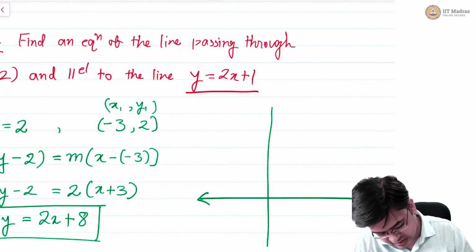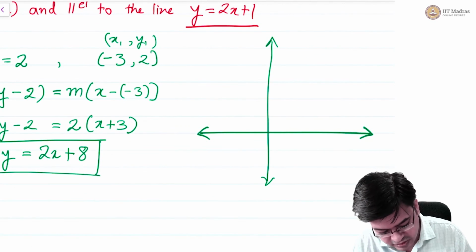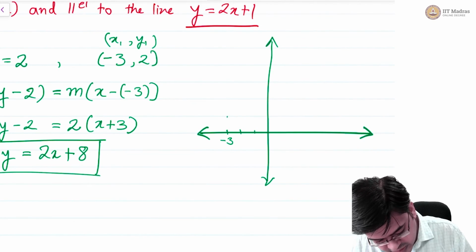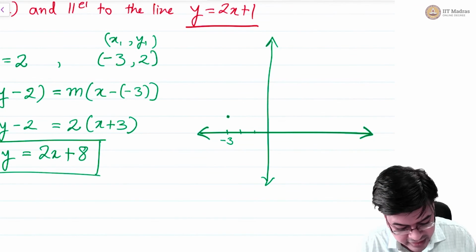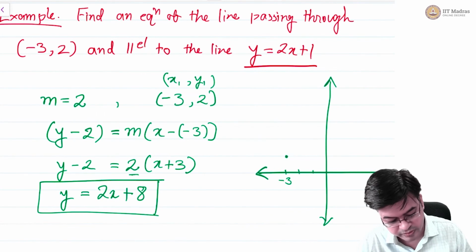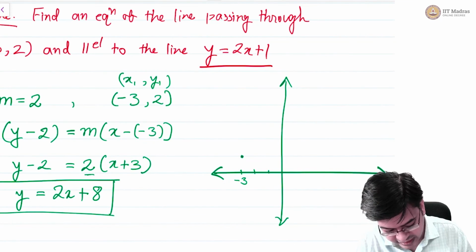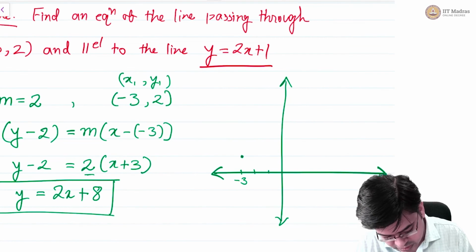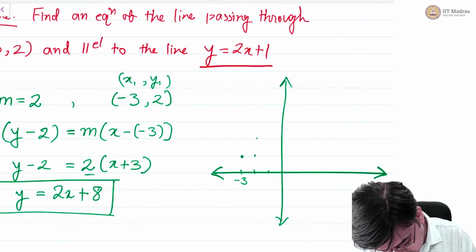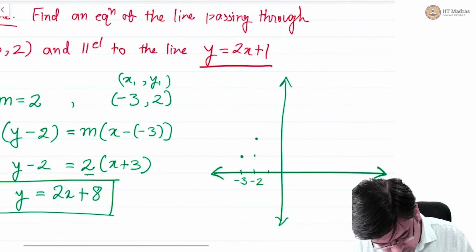That is, you use the rise by run of this particular formulation. What is the point? It is minus 3 comma 2. So let me put it this way, minus 3 is here and 2, let me take this minus 3 comma 2, and at this point you are saying the graph has a positive slope of 2. That means if I travel 1 unit to the right, that is from minus 3 to minus 2, then I should go 2 units on the other side on the y axis, that is this point. So this point is actually minus 2 and